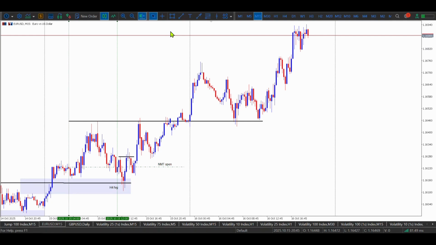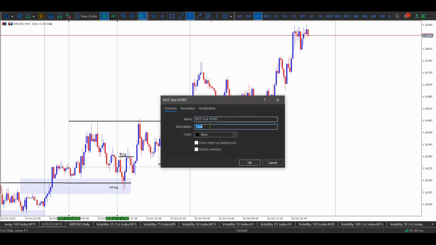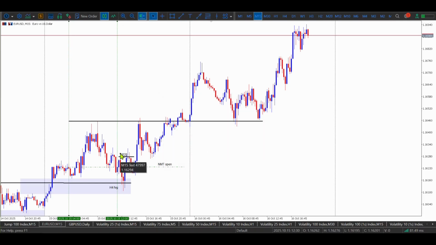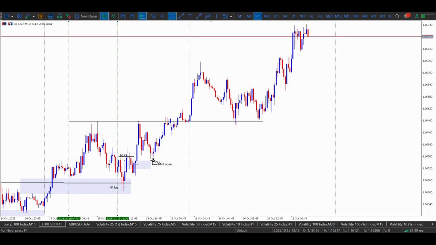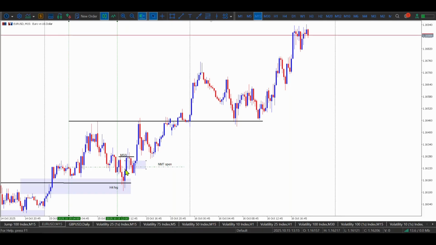shifting market structure right here. We can annotate that as well. SS for shifting market structure, and then we get our bullish fair value gap. However, here we have two, this fair value gap and this one here, so we can mark all the way up to this one,